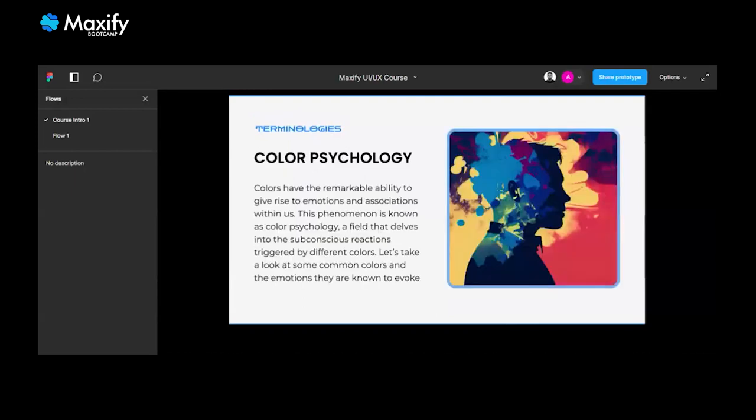So, color psychology. Colors have a remarkable ability to give rise to emotion and association within us. This phenomenon is known as color psychology, a field that delves into subconscious reactions triggered by different colors. Let's take a look at some common colors. For example, in this picture